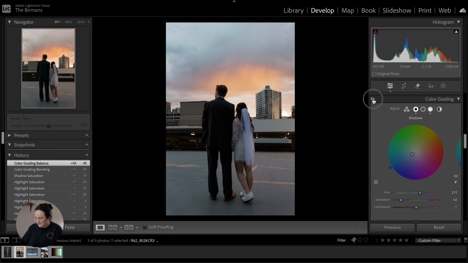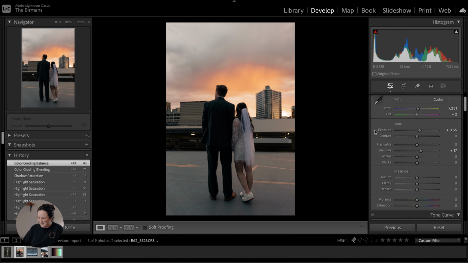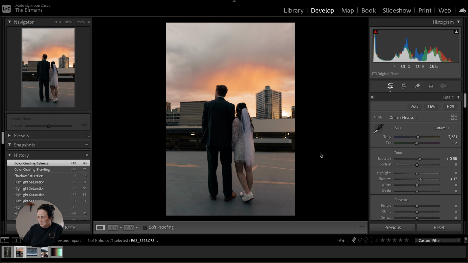To me, that's a huge difference. This is already a way better photo. We're emphasizing the beauty of that sunset color that's out there, even though it's right past golden hour in this photo. And we still have blues in the shadows and everything, but I feel like that's just because that's the time of day it was. And I don't want to pull all the blues out necessarily because I do want it to feel like it's